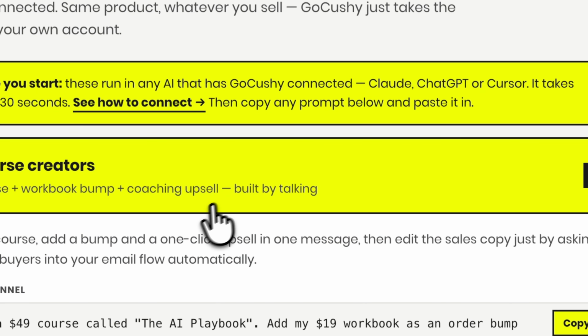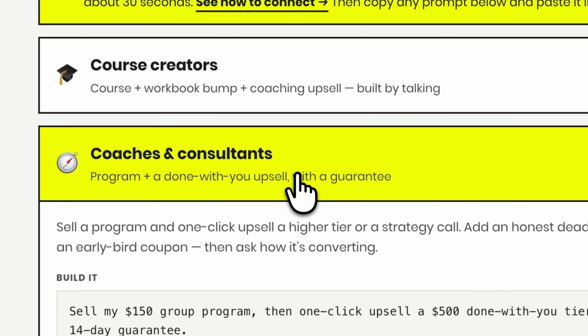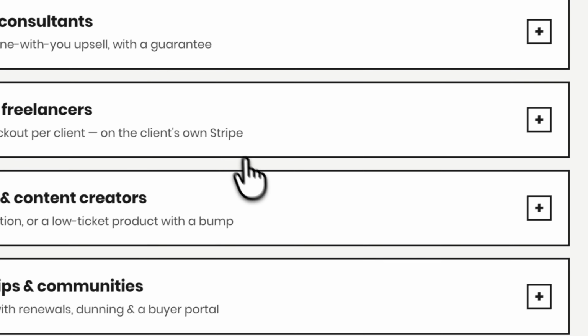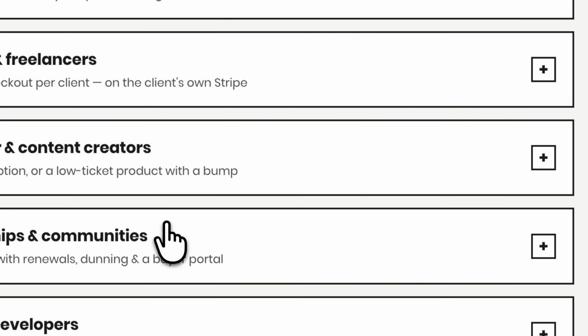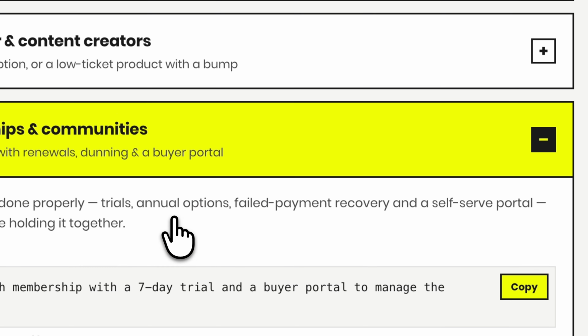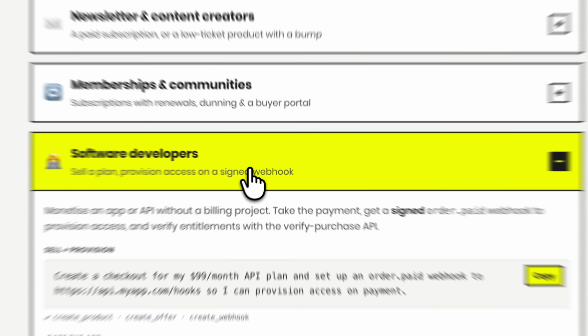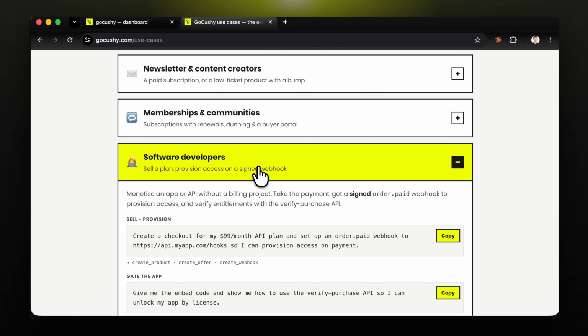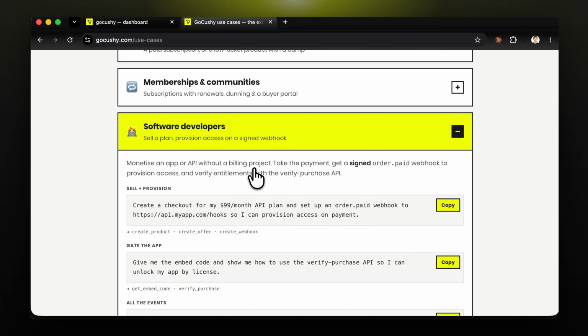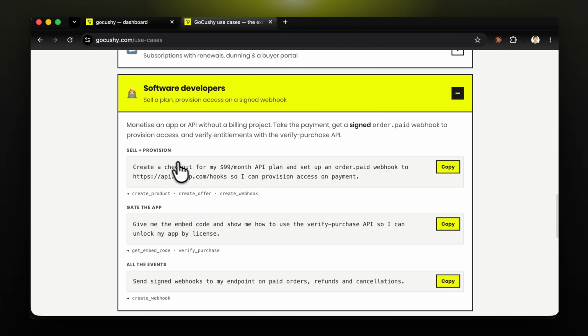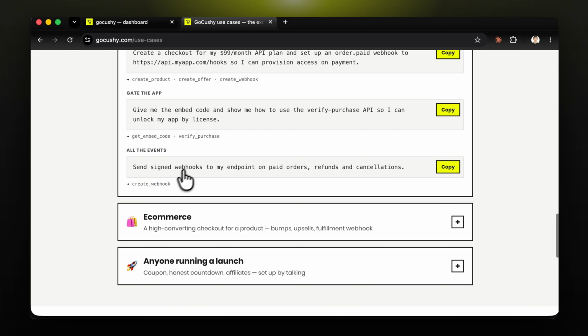So we could do this if we're course creators. We could do this if we're coaches or consultants. Agencies can do this, newsletter or content creators, memberships. So if we're using Community, for example, we could use this, or school, or whatever solution you're using. If you're a software developer like me, what you could do is you could use this to connect up your software. So if you were planning to sell some software, you can connect it up through these prompts inside of your